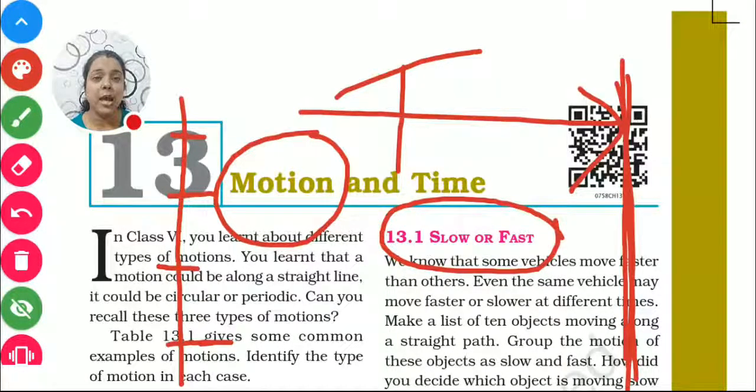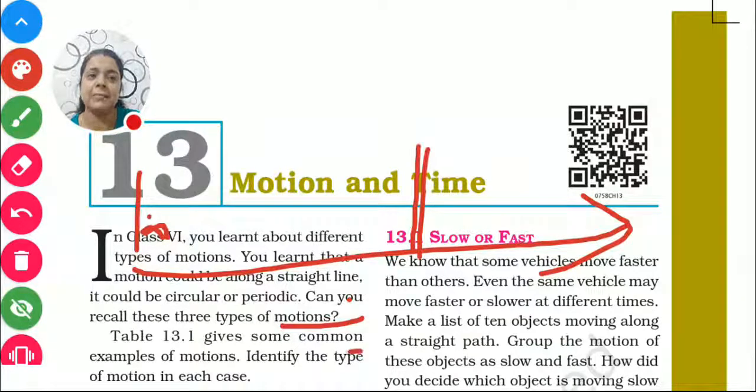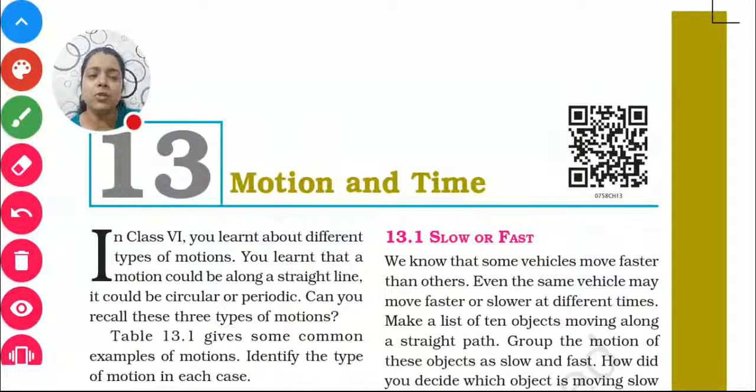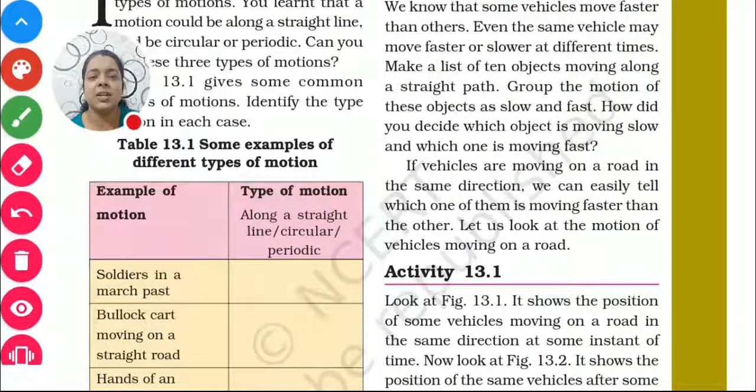In that case, what happens? We have to observe in what point of time the item or the vehicle or somebody reaches from one place to another place. Longer distance in shortest time, and shorter distance in longest time. That only shows how slow or fast the item is. So when we go for slow and fast objects, you can easily observe it. If I give you an example of a plane or a